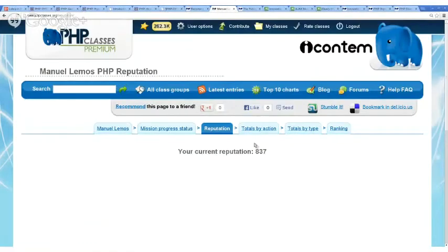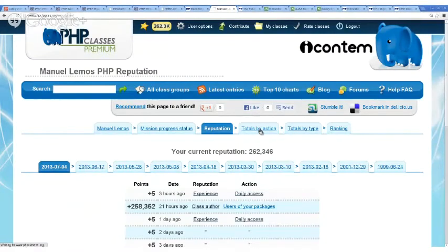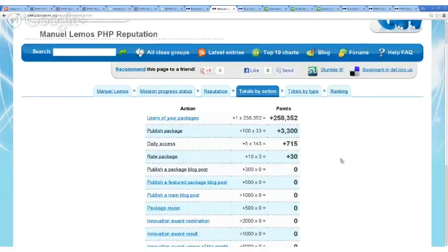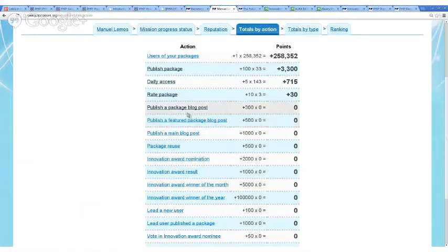Other than that, you can also see your totals of points by action. For instance, I have participated in all these actions, I have earned these points, and there are lots of other actions that I may have not yet participated in, so I have not earned any points, but I could engage in those actions and earn more points. So this is a sort of a hint of how to earn more points and